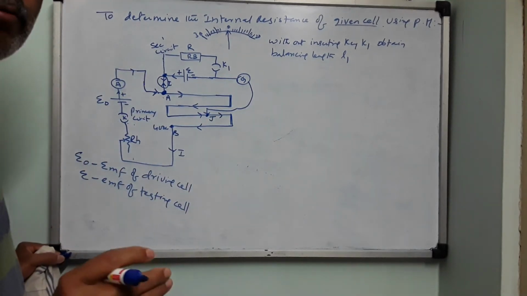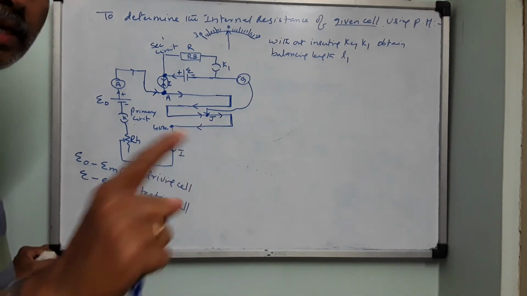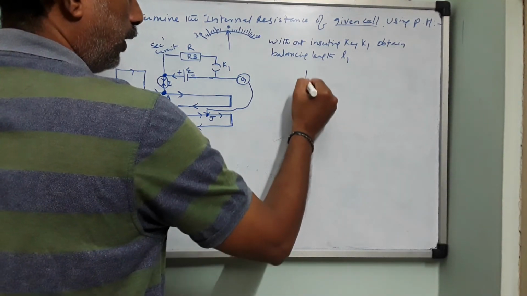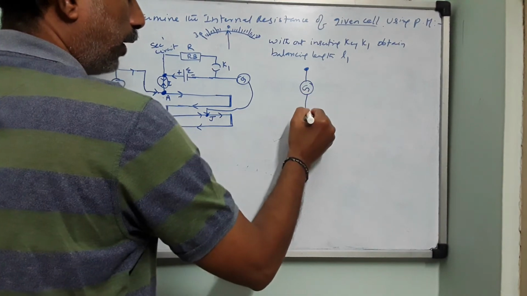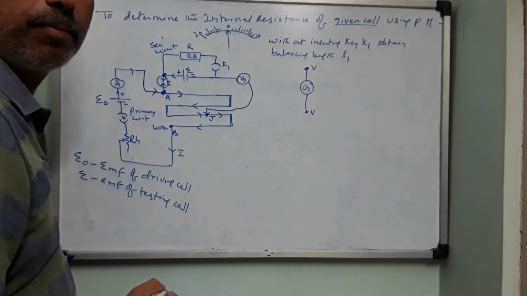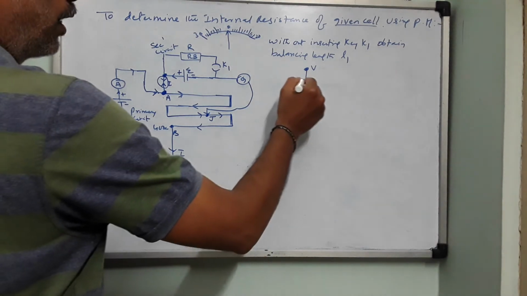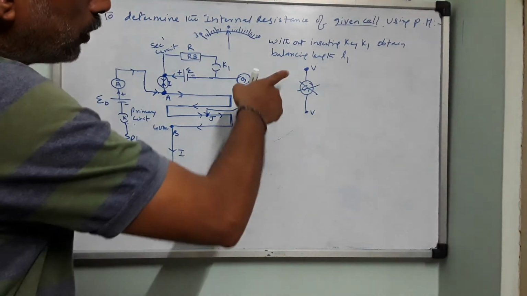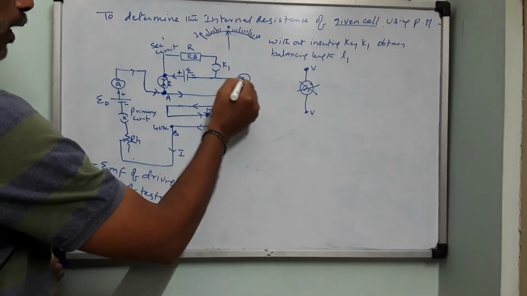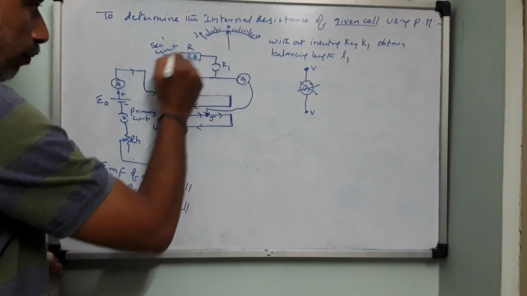Now, when do we obtain a zero current in the galvanometer? It means at the two end points of the galvanometer, this one point and this other point, the potential must be the same. Therefore, the potential difference between these 2 points is zero, so no current will flow in the galvanometer. Which are those two end points here? One is point J, the other is this point. There is no current in this path now because it's open.